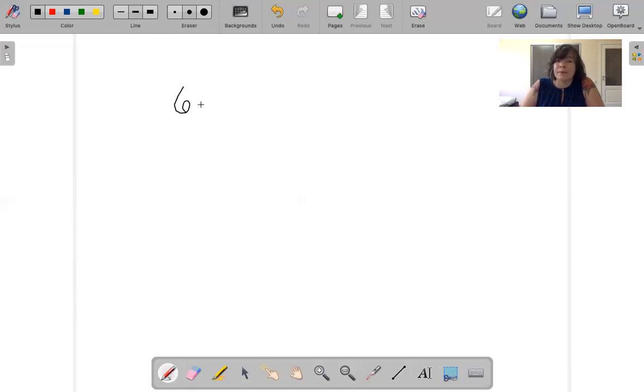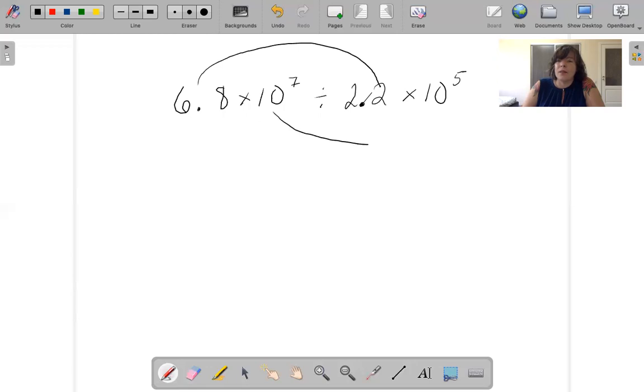So let's say 6.8 times 10 to the 7th divided by 2.2 times 10 to the 5th. We divide here and we divide here. So